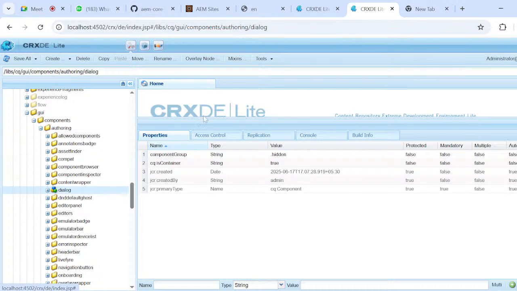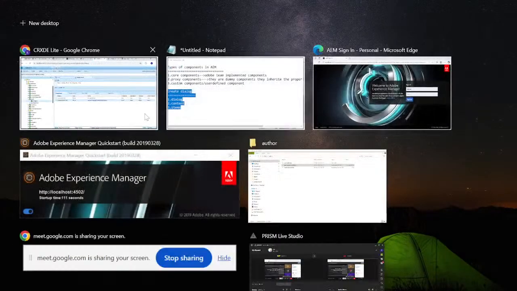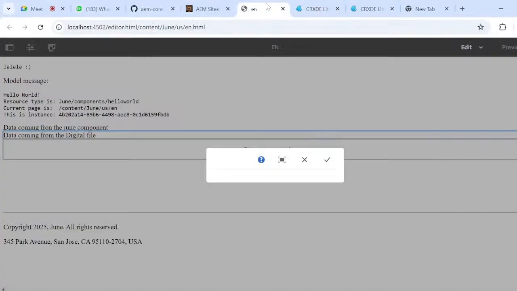See here, when I click on this one, and this is what? This is a component. This is a predefined component. So from there to here, I am inheriting the properties. So whatever the basic properties, when I open the dialog, and if you want to